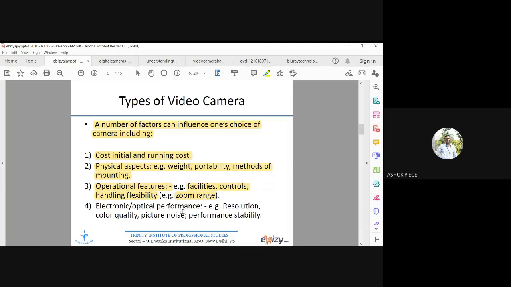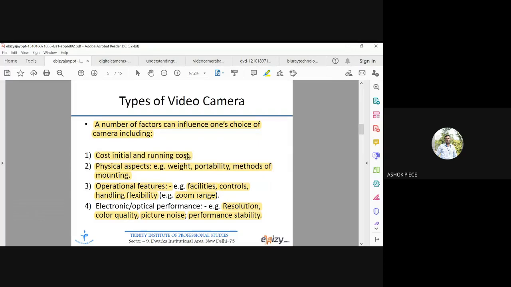Then electronic and optical performance: what is the resolution, how bright the captured video or image is, how clear it is, whether it blurs even if I zoom, what the color quality is, what the picture noise is, and what the performance stability is. Color quality means whether the exact image you capture is replicated or there is a change of color.